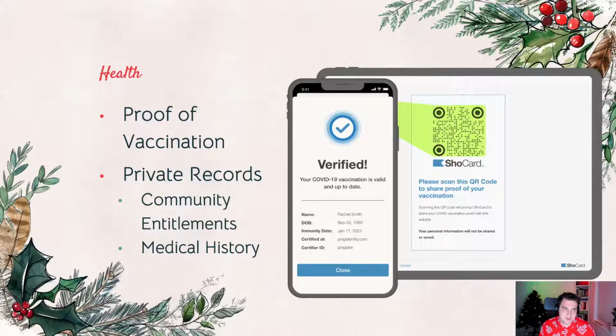The next use case, and that I think is really awesome, is health, right? Obviously quite topical at the moment, being 2021, still dealing with COVID. Proof of vaccination, right? Everyone's, for the most part, getting vaccinated globally. So having that proof, that's really cool. Having that globally available on a decentralized ledger, that's even cooler, right? So proof of vaccination is a great use case.